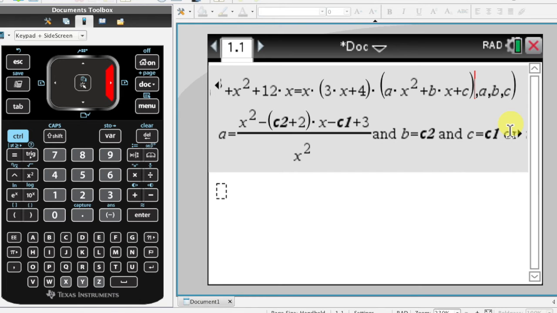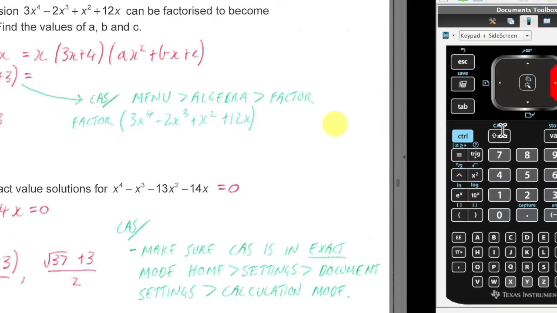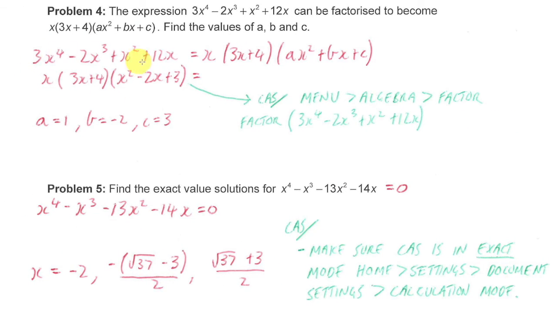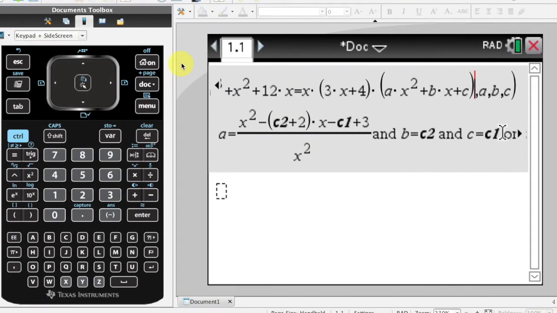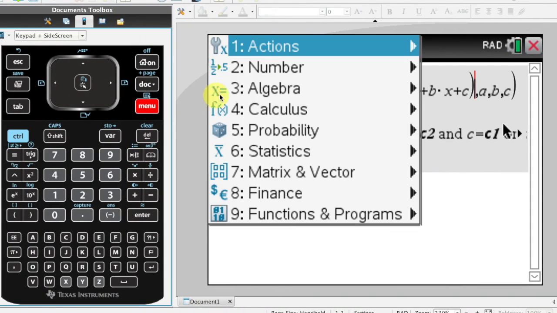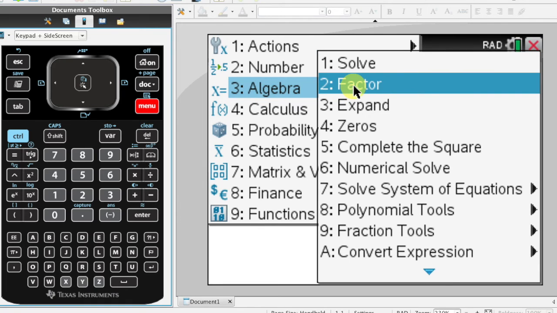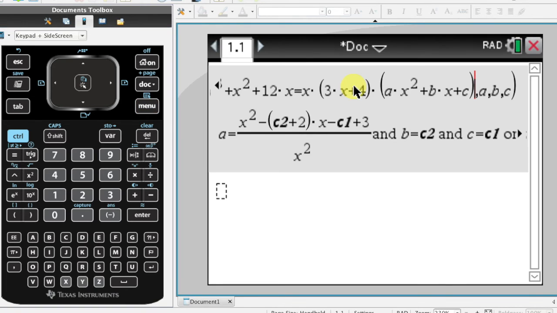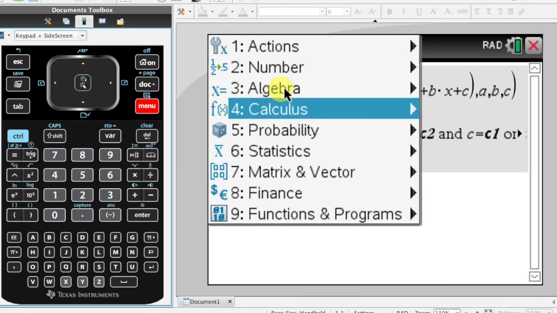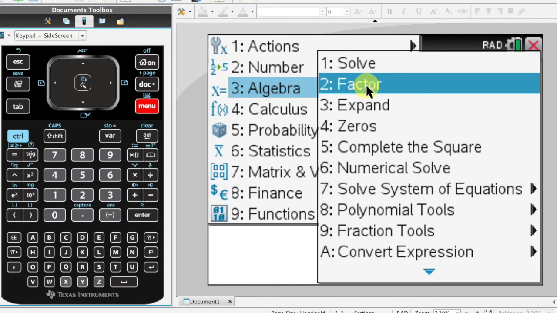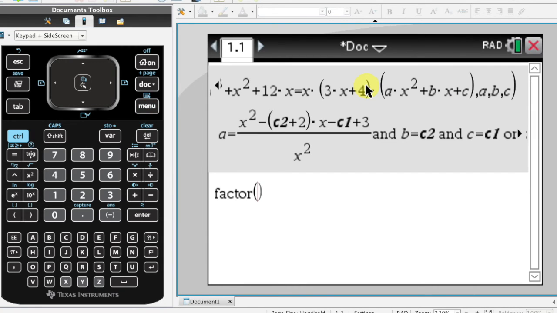But what we can do is take a look at the expanded format of the quartic and factorise that using the factor function on our CAS. So now if I go menu, algebra, factor, sorry, it's going to be down here, of course, menu, algebra, and factor, and I'll put in the quartic, so